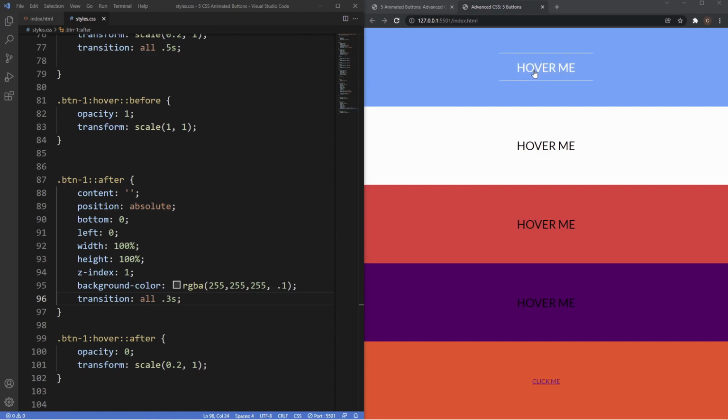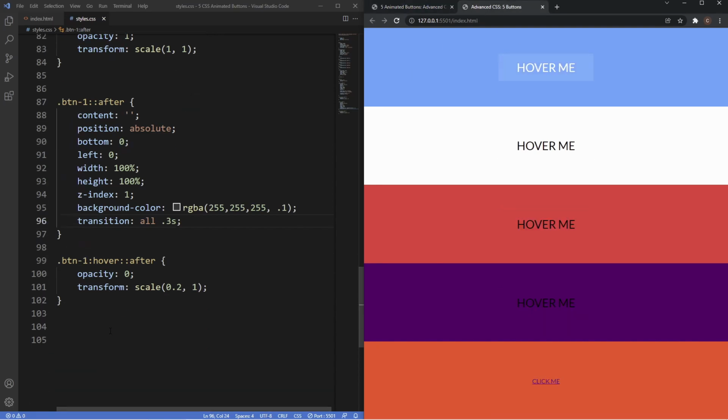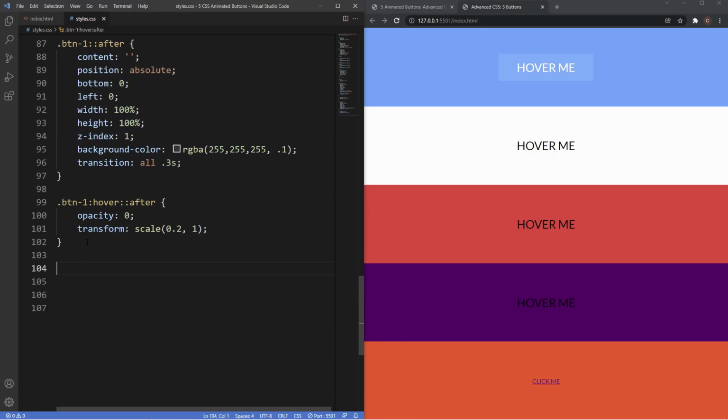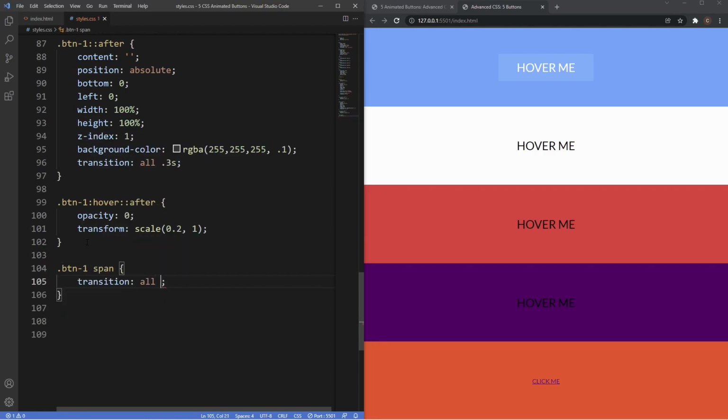So if I hover over this now, you can see we're now getting a nice transition, a nice smooth cool effect with this button. And what I also want to do, actually, if we take a look at the original, you can see that the letters have a bit more space in, so they also have an effect. So to do that, I'm just going to grab this span inside of the BTN1 class, and we're going to say transition all, say about 0.3 seconds. And what we want to transition is the